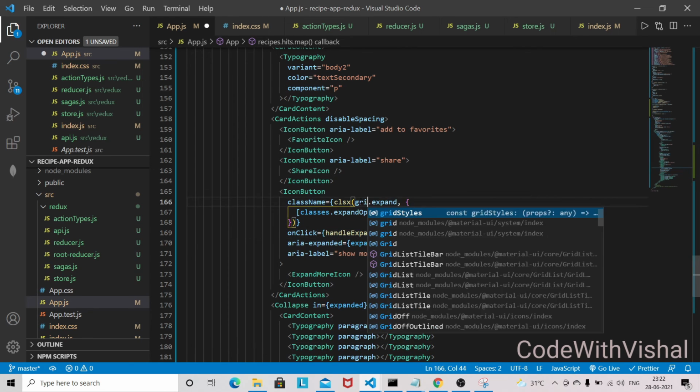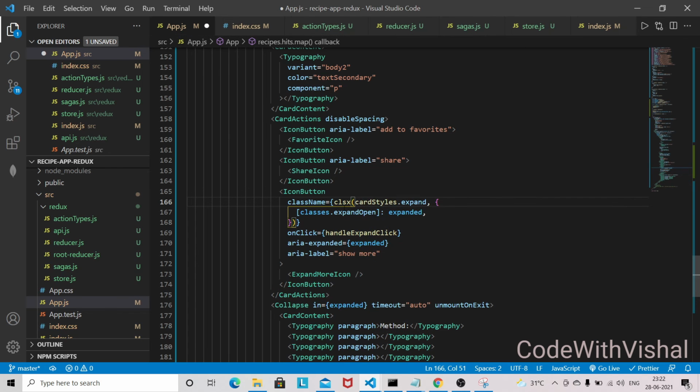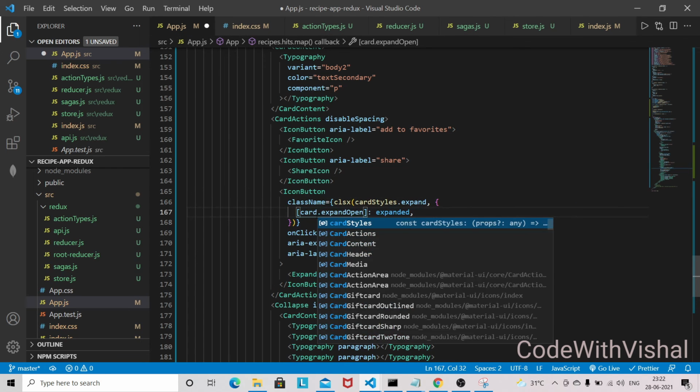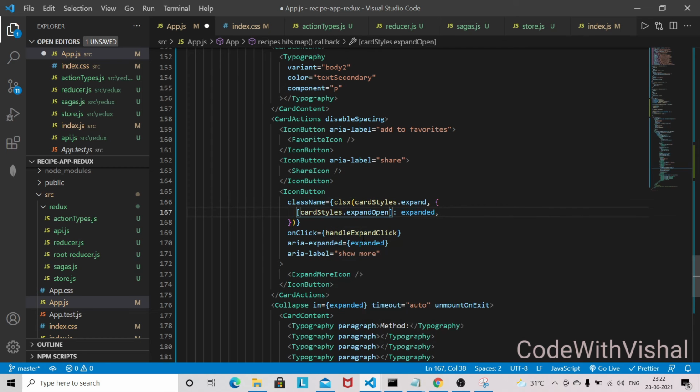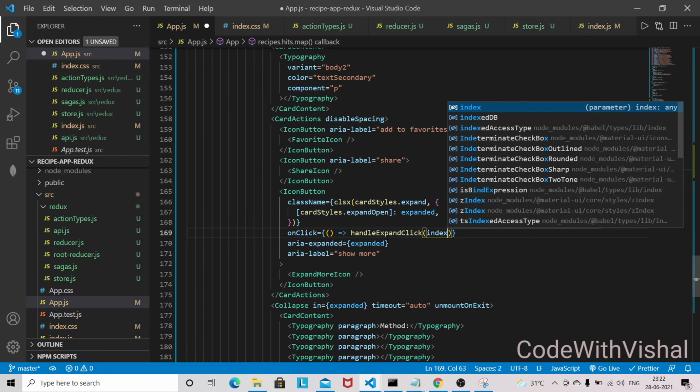So it will be cardStyle.expand. Make sure to change this class name here, classes. So in handleExpandClick, I'll be passing the index here.